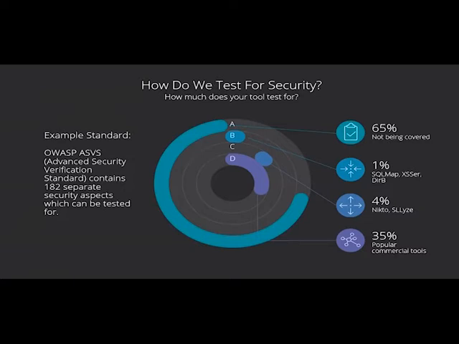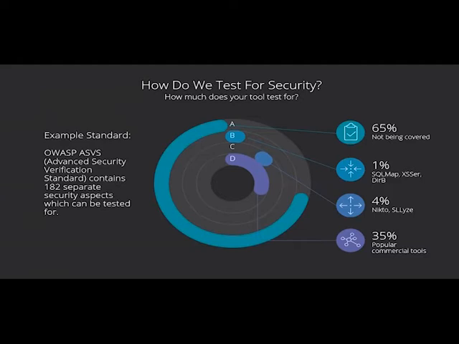Now, here's another fundamental question, almost an inverse of what you're not testing. What do your security tools actually test for? By that, we mean, do you know the scope of issues, measured against something like ASVS, that your security test or tooling could find if those issues existed in your software? Does it search for all SQL injection issues? Does it find all XSS? Does it test for authentication or authorization issues?